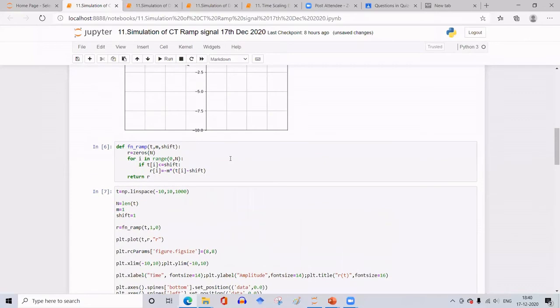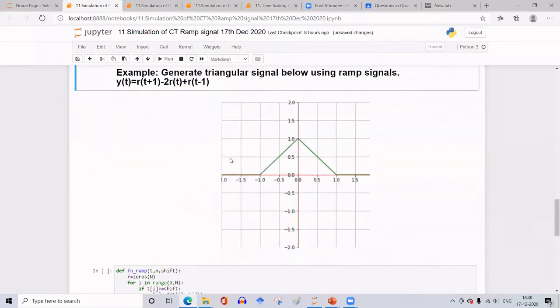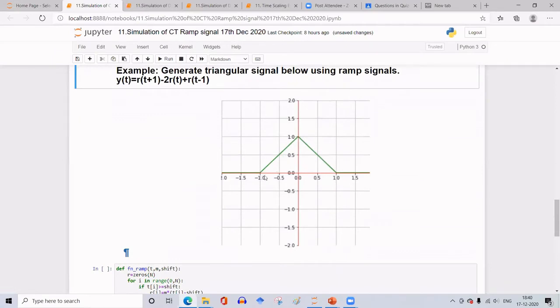Next, using this ramp, let us generate a triangular signal. So what is this triangular signal? It consists of ramps, is it not? So how do you write the mathematical equation for this? It has got 3 ramps. One starting at t equal to -1, that is a ramp with slope equal to 1 divided by 1. So a unit ramp starting at -1, and it continues like this. But we want it to shift from a slope of 1 to, what is the slope of this? -1. Okay. So the shift, or change in slope, is -2.